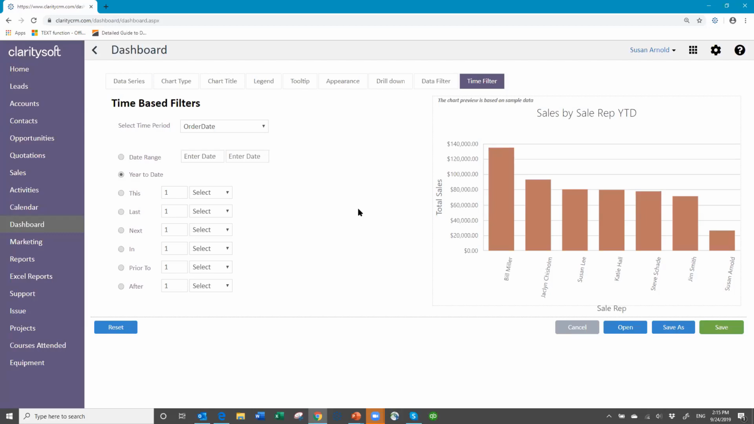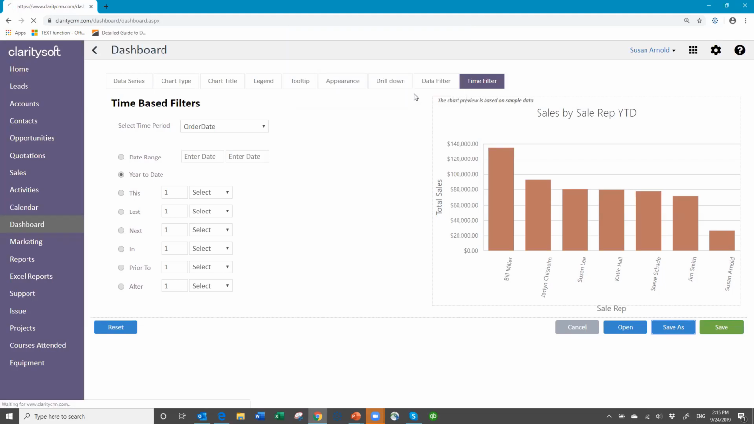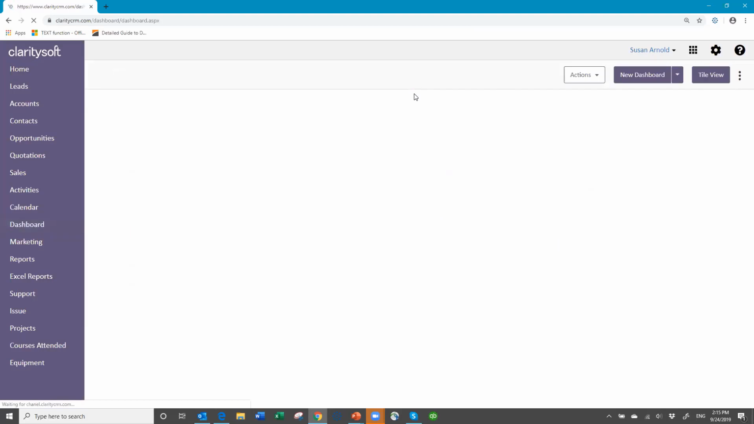And as the months roll forward, we go into October, November, December, the chart will constantly update itself to reflect the sales for the year to date. All right, so I have all my settings done. And then I'm going to come down here and click Save As, and I'm going to give this a name. Once I do that, I now can see my chart